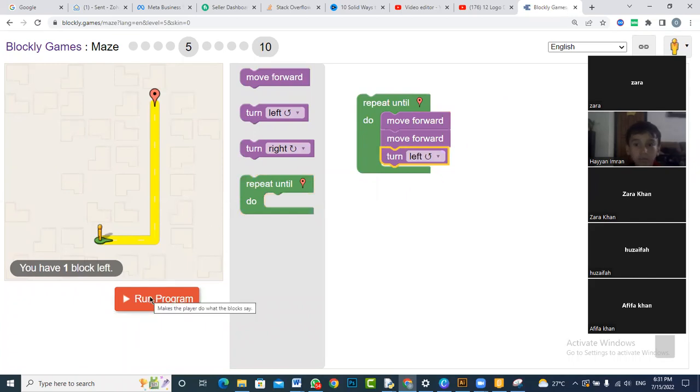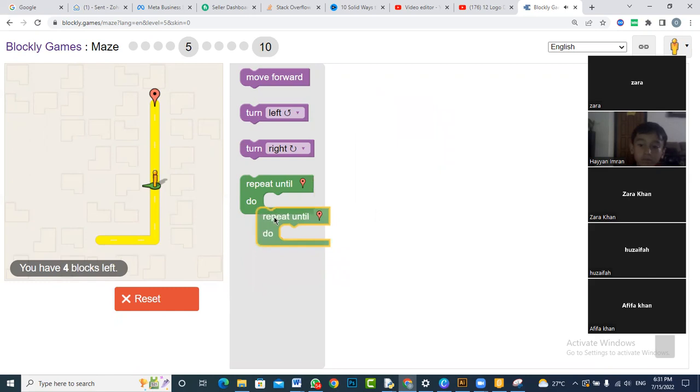Why would it be a disaster? Because my character would take 2 steps, turn there, then again take 2 steps, then turn, and this should not happen. So it is not necessary to always start repeat until from the very beginning. It can also be possible that we might be using a repeat until after writing some instructions. Like first we can say that our character must reach there and turn on this side without using repeat until. So what do we need to do if we want our character to move from this side to this side? So we need to use move